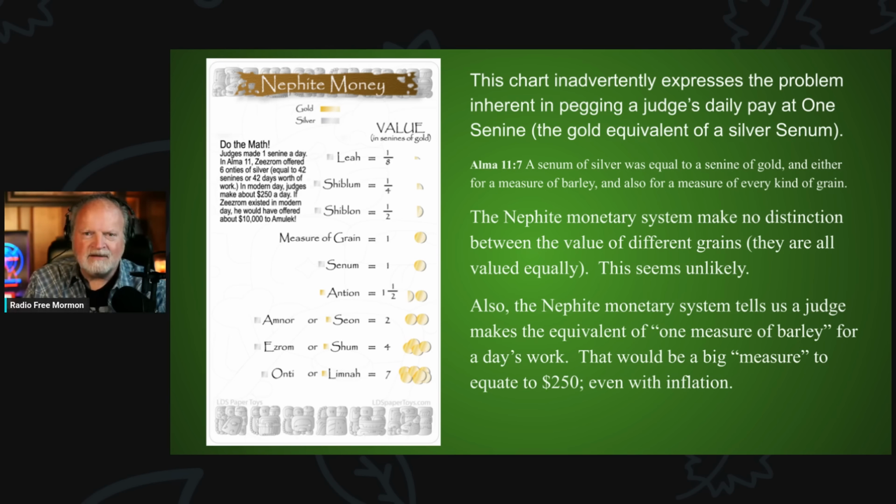All right. Let's talk about that for a second, shall we? The Nephite monetary system tells us a judge makes the equivalent of one measure of barley for a day's work. That would be a big measure to equate to $250 in the chart, even with inflation. So the first problem is you've got barley, okay? First problem is you have a grain that is tied to your monetary system. In other words, a senum is equal to a measure of barley. You have your monetary system measured to